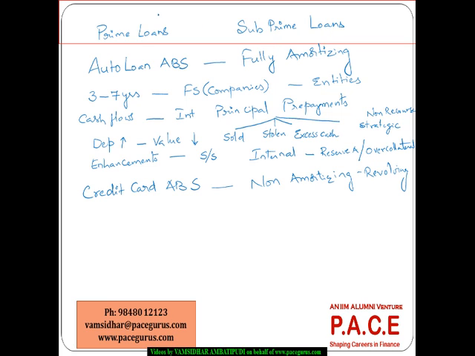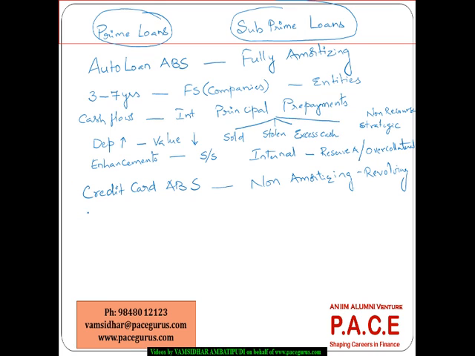So depending on what is the profile of the borrower, what is the credit rating associated with the borrowers, what kind of ABS, what is the risk associated with the ABS can very well be assessed depending on what kind of automobile loans are included as a part of the ABS structure. So the cash flows are primarily based on the interest payments, the scheduled principal payments, and the prepayments that are typically bound to occur.